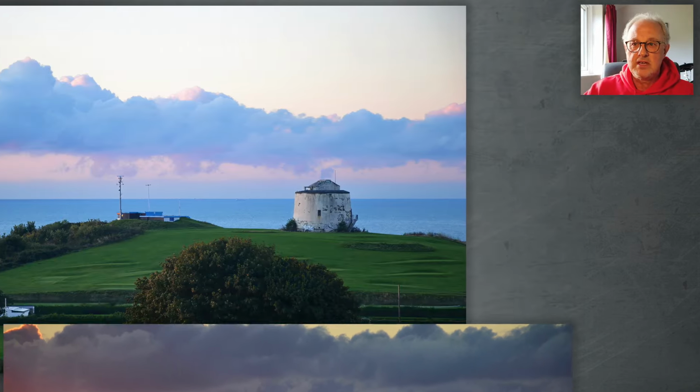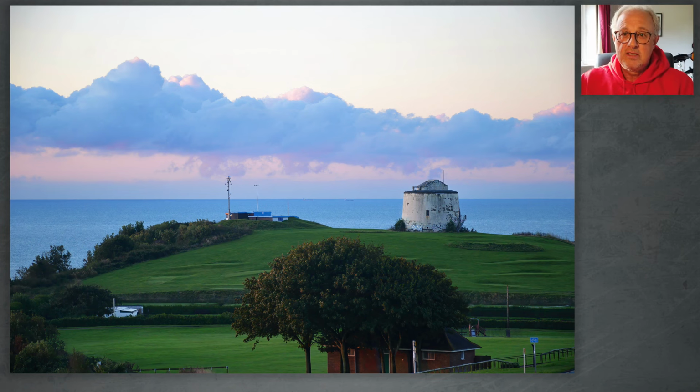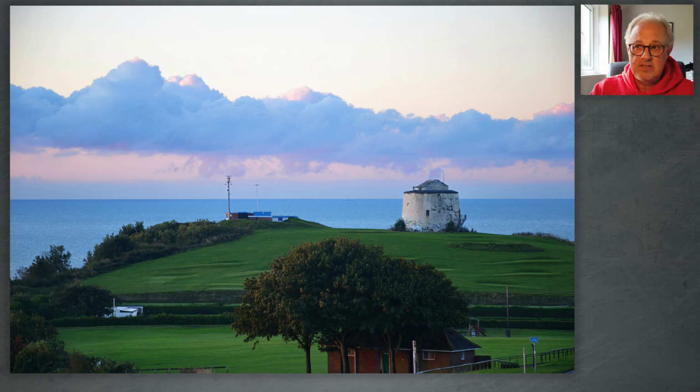Turned a little to the right and saw the Martello Tower, and yeah, that bank of cloud was going all the way across the sky. How does that kind of form? Is that because of the channel? And it's all water, and so it evaporates and rises, and then there's a circulation and all of that kind of stuff. I don't do weather, don't do geology. What is it? What do you call it? I could research it, couldn't I, and then tell you what it is. But